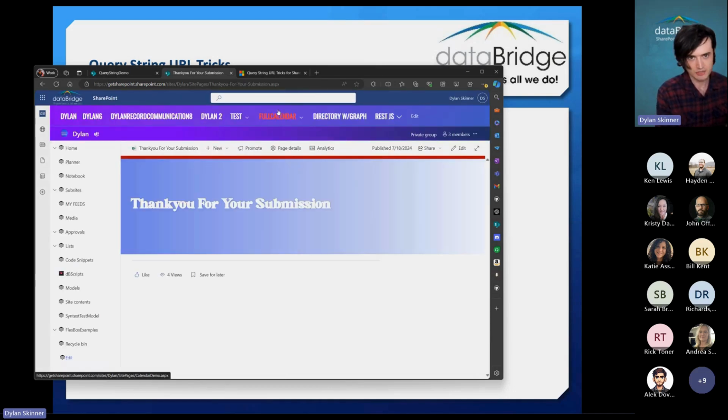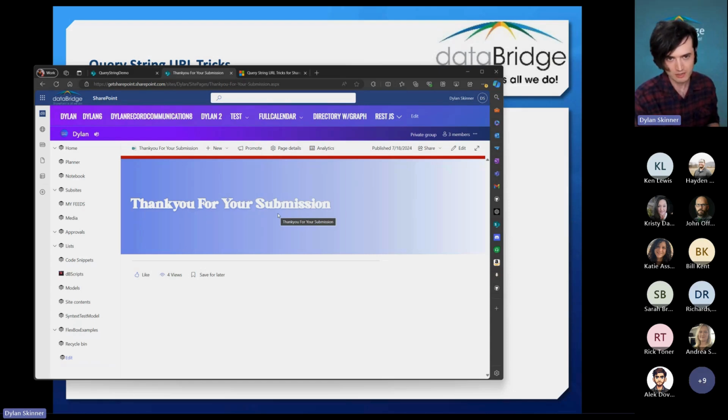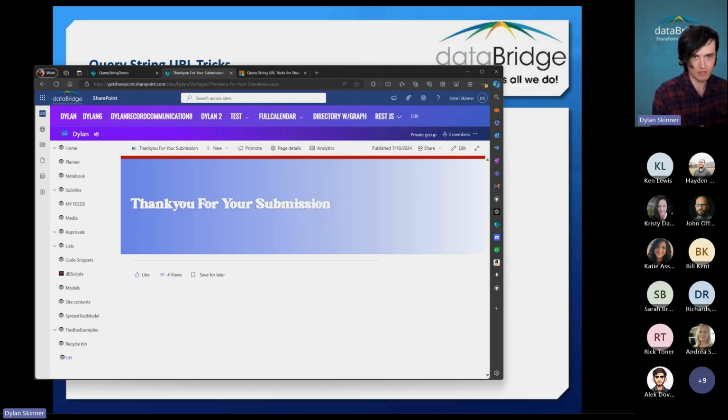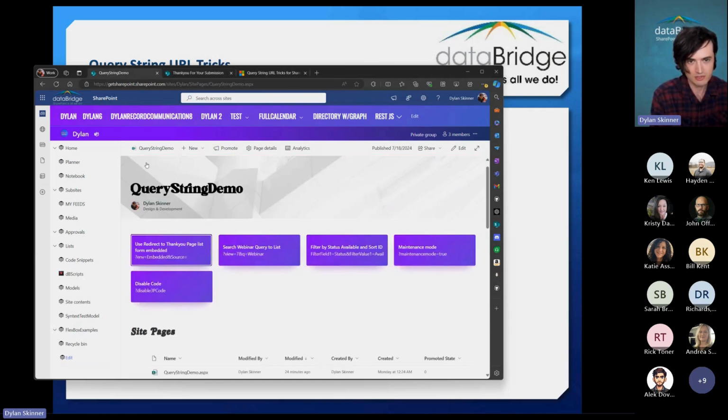For instance, I just redirect to a thank you page. So thank you for your submission, or maybe you want to just redirect back to your homepage or something. That's probably the more common one, but you could do a thank you for your submission or something like that, wherever you'd want. It would just be a matter of putting that URL in that source equals. And also you could add even more query strings to that source equals as well. So just to show you,